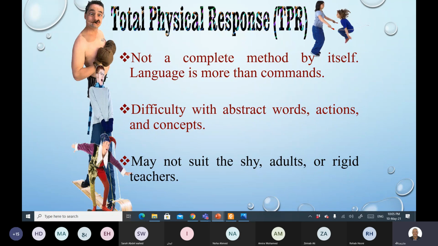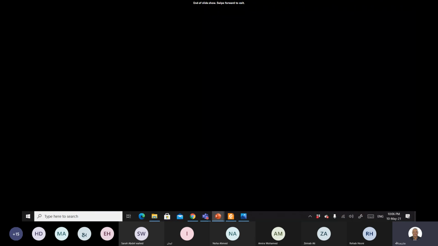خصوصا السيدات يعني they will not like to stand up all the time or move around or move their arms and their heads, and sometimes the teachers themselves will not feel comfortable doing that, or thinking that this might be inappropriate, especially in our culture in the Arab world. So this is in